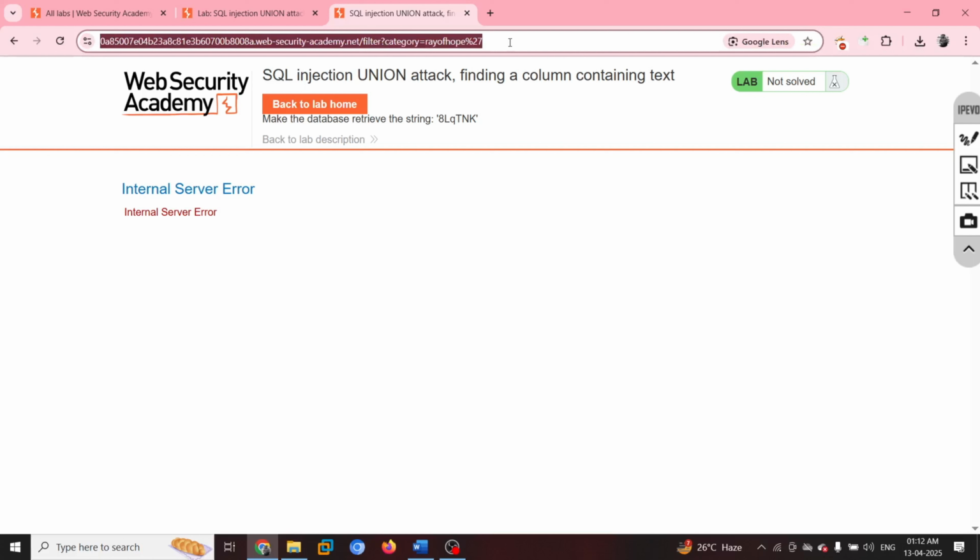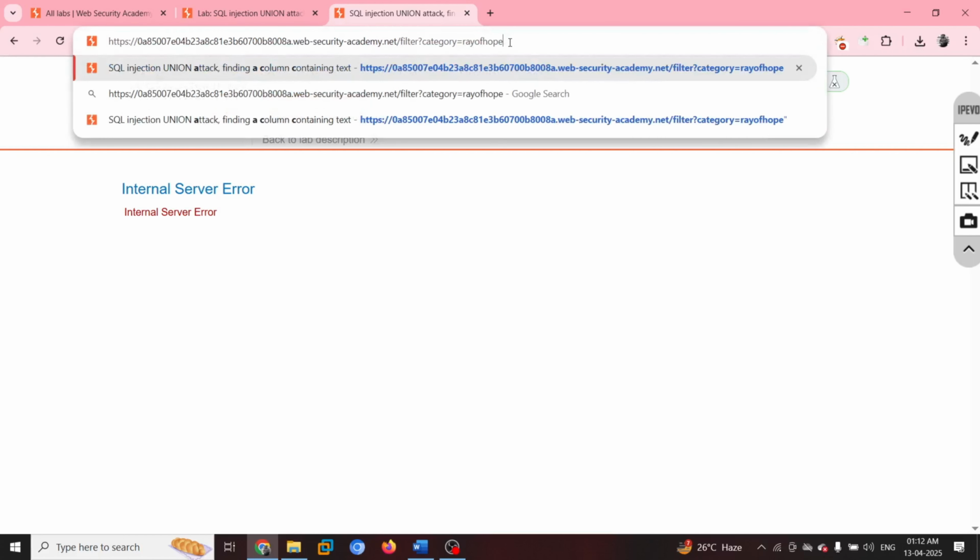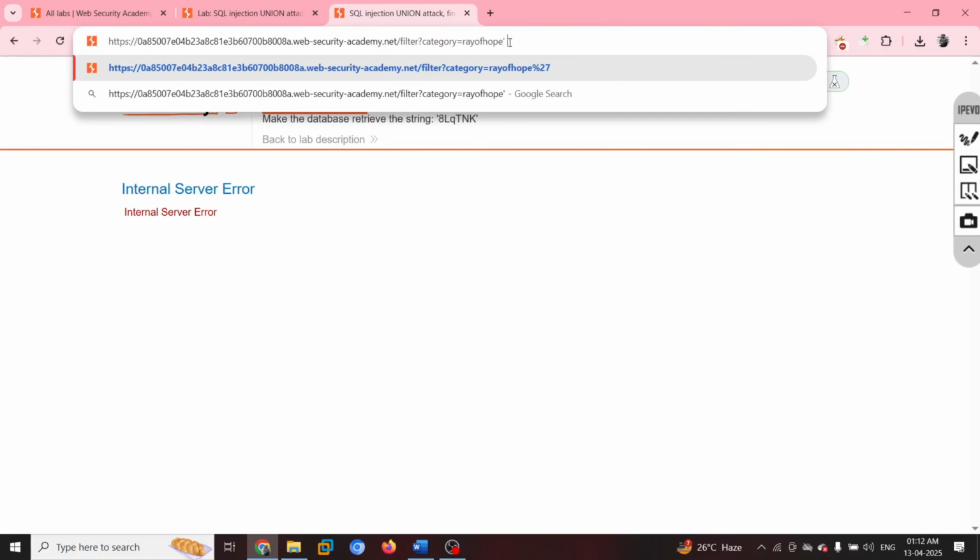Once we identify that the developer written code is in single quotes, I have to identify how many columns there are. For that, I'm going to use order by 5 or order by 2 with a hyphen and hit enter.